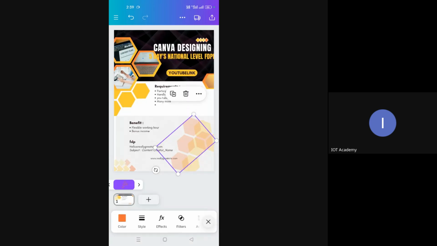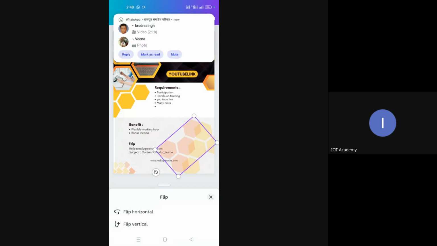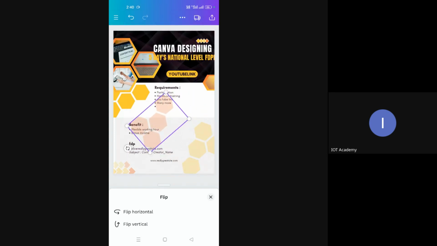Besides, cropping option is available, flipping option is available: flip horizontally, flip vertically. You can see here how the flip option is working. If a particular template is something which you are not liking or it is not suiting that place, then simply move it. And suppose here it is not perfect, then simply turn it, shift it as you want. Understand? So this is how you can fix it.